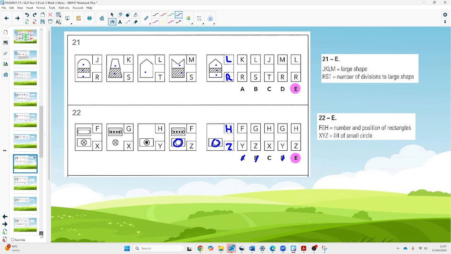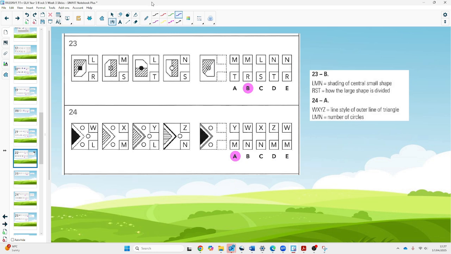Moving on now to question 23. We've got the answer as B already, so hopefully you've got it right. Let's just quickly work out why. The L, the M and the N, they stand for the shading of the central small circle, or small shape rather. So L is the black square, M is the cross and the square, L is the black circle, N is like a hexagon there inside. We need a circle, so we know we need an L. We can cross out all the ones that are not